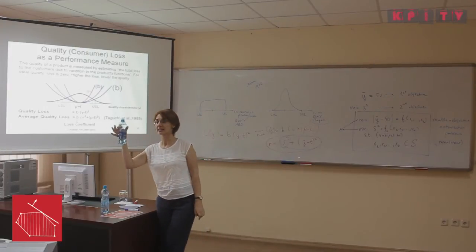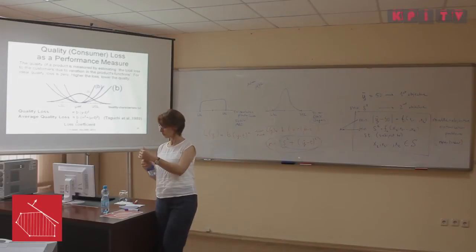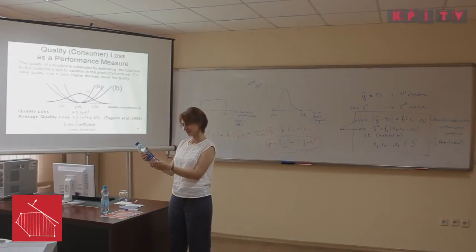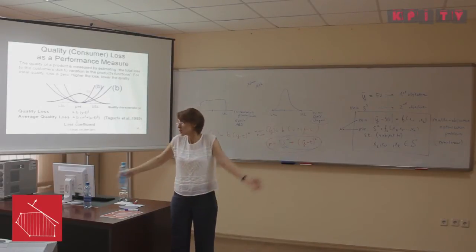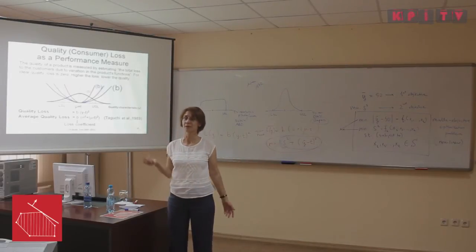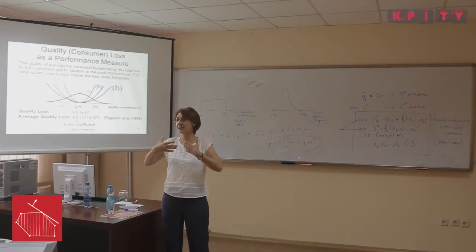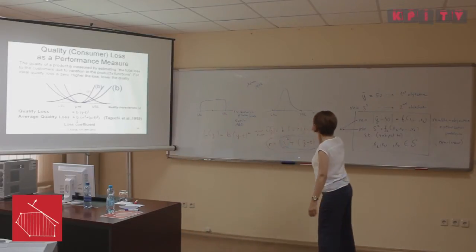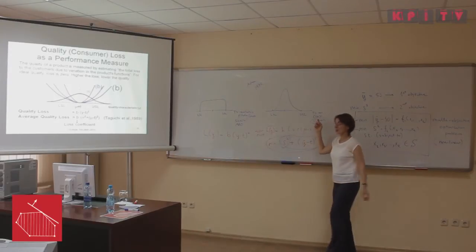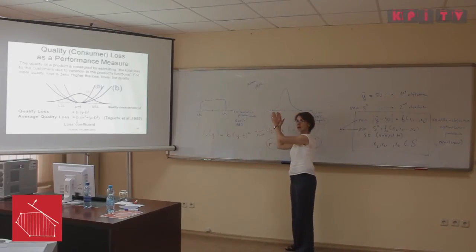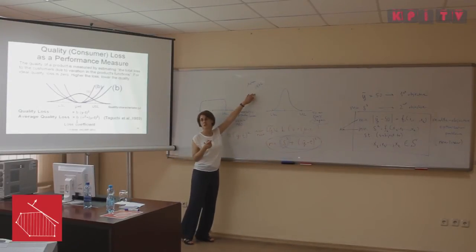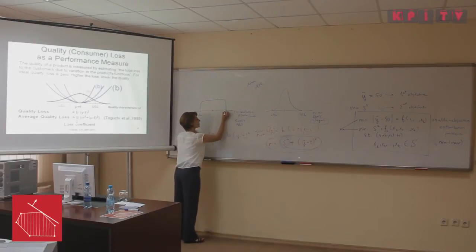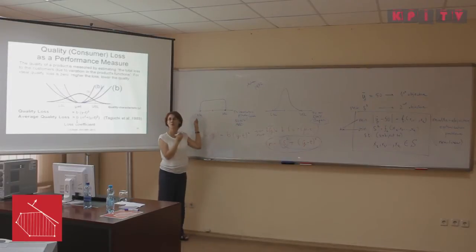But if this bottle had a different taste, I would say, this company produces different taste. I'm not going to buy it. I'm going to buy this one. This is the same taste. So that's what I care. I don't check their S square. I don't care. But I can feel it. They can feel it. So the resolution, if you buy Japanese TV set, resolution is close to target for all products. Imagine you buy an American at that time, Sony TV set, and it is very, very close to the upper limit or very, very close to the lower limit. What is the chance of purchasing a TV set very